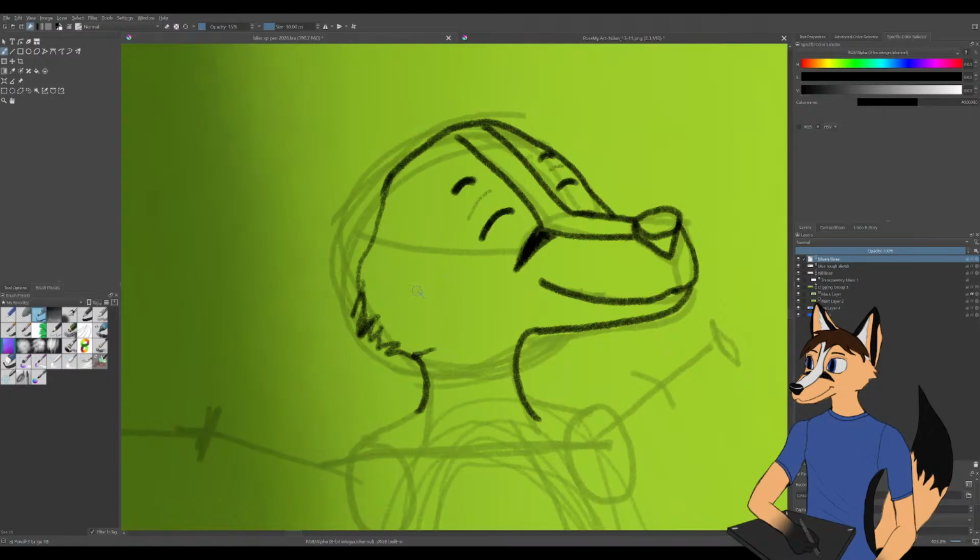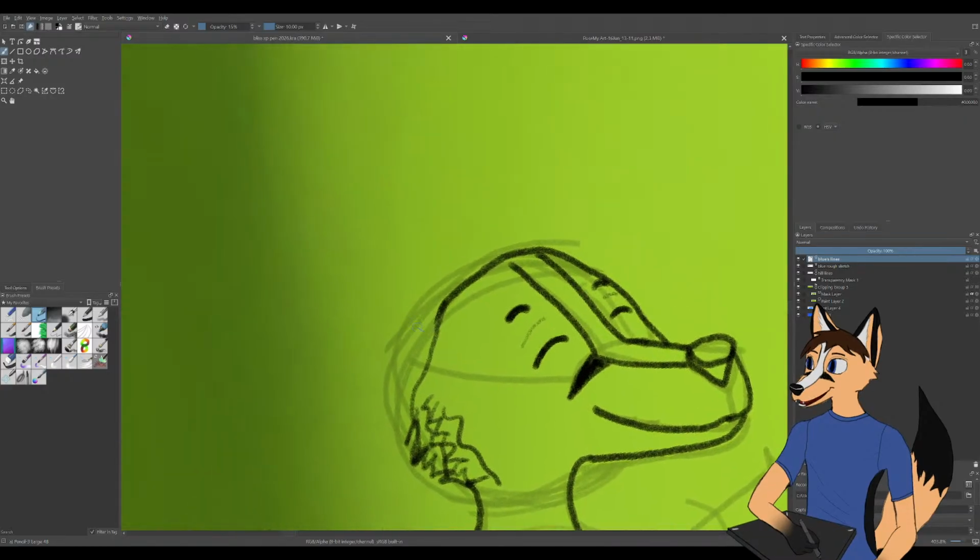I'll just do that. And actually something I was experimenting with the other day is kind of layering his cheek fluff like this, but I'll leave it like that, even though it looks ugly as all heck. Like I said, I'm going to paint this, so the line art doesn't really matter that much.